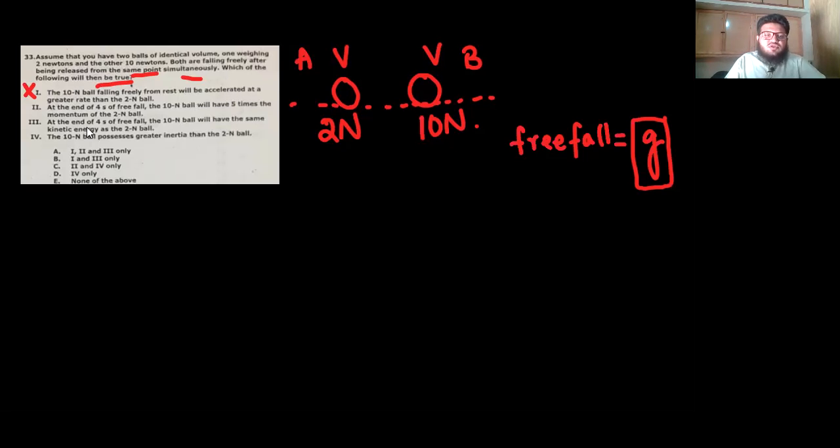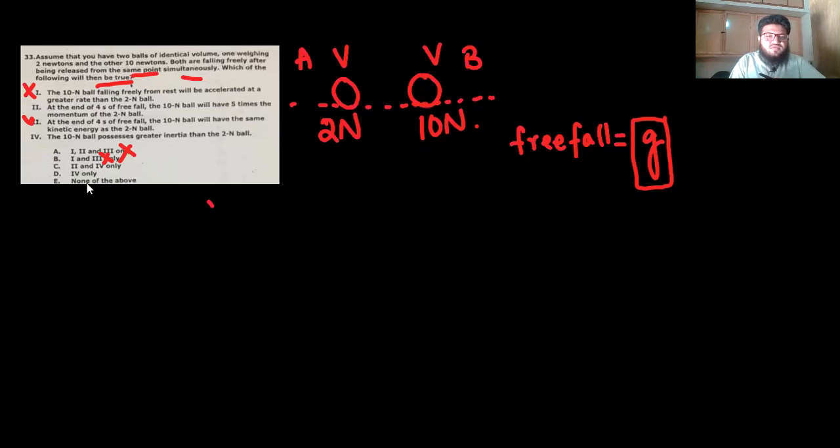Then let's look at statement 2. अच्छा, by the way statement 1 गलत है ना, इसका मतलब ये हुआ कि ना option A हो सकता है ना option B हो सकता है, ठीक है। Now we have to look at option C or option D or E, ठीक है। Now after this, the second statement says, at the end of the 4 seconds of the free fall. ठीक है। अब स्टेटमेंट 2 और 4 या 4 ओनली, स्टेटमेंट 2 को देख लेते हैं। स्टेटमेंट 3 को देखने की भी जरूरत नहीं है क्योंकि वो ऑप्शन ही नहीं है, ठीक है।